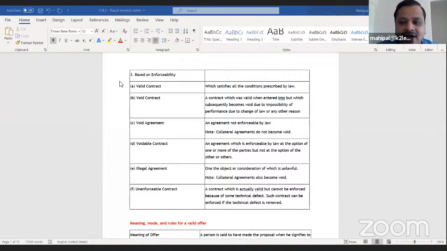Unenforceable contract, again this is an important 2-mark question. A contract which is actually valid but cannot be enforced due to a certain technical defect. Such a contract can be enforced if such technical defect is removed. Dear friends, please understand, you might have to give a small example over here wherein you can just mention Mr. A entered a rental agreement on a stamp paper of rupees 10, but as per the Stamps Act, the requirement